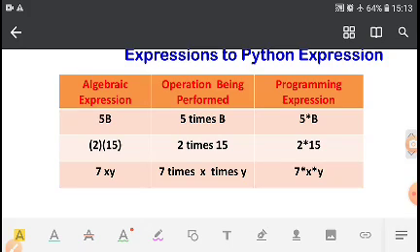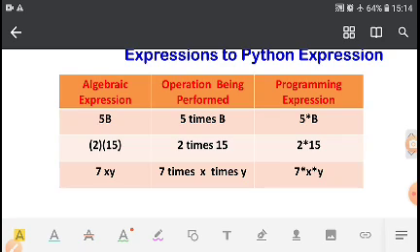In mathematical operation, we write 5b, but in Python, we have to write 5 into b. Multiplication sign in a mathematical expression is hidden, but in Python, we have to give the multiplication operator or any operators explicitly.